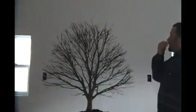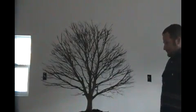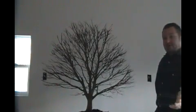I still have a lot of trimming to do to bring this tree down and a little bit more compact, and I'll be doing that as I go along. I've done a lot of it already. I don't know if you can tell. I'm sure that once this video is over, if you go from the end back to the beginning, you'll see, and maybe I'll do a progression shot of a before still shot and an after still shot if I can accomplish that for you. Just so you